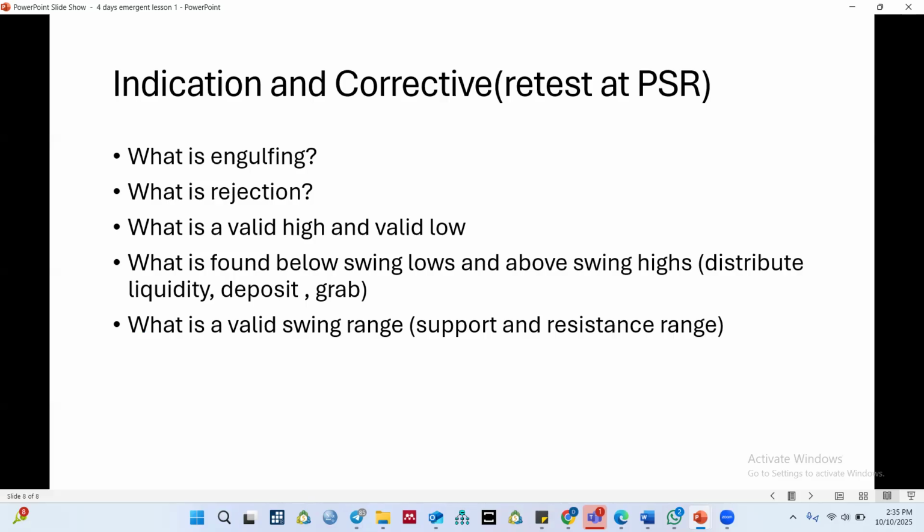I just want all of you to share your minds. When we say engulfing, what is the meaning of engulfing? So how many people are on the call? Everybody should take one of the questions. What is engulfing? What is rejection? What is a valid